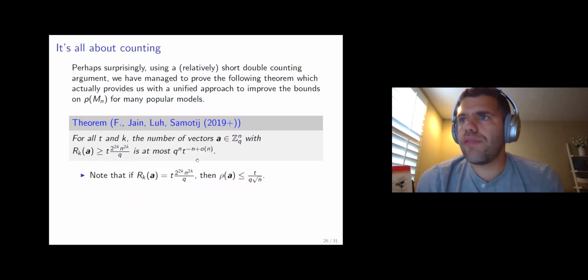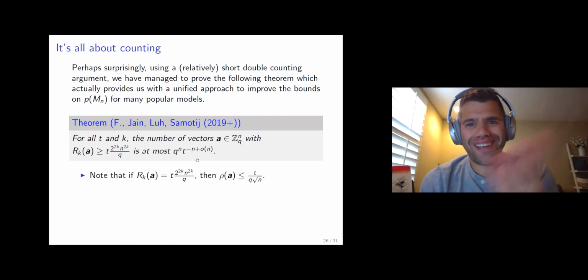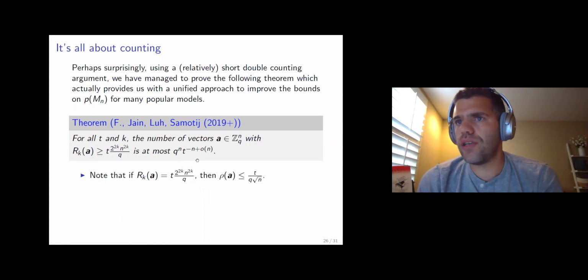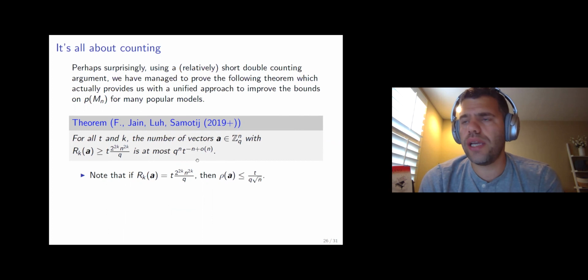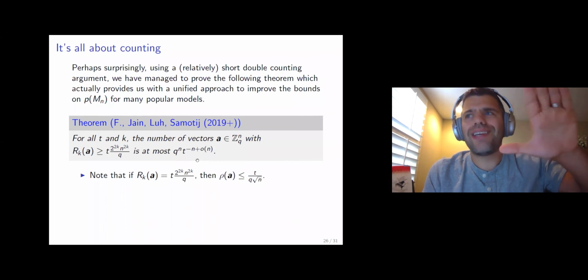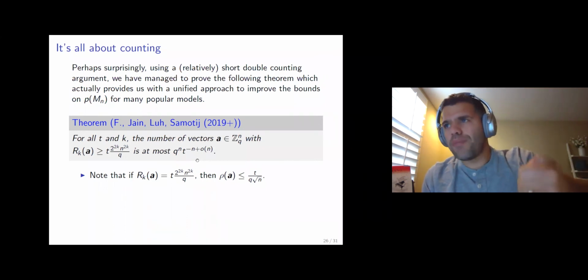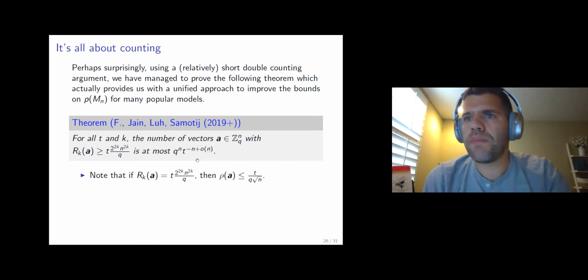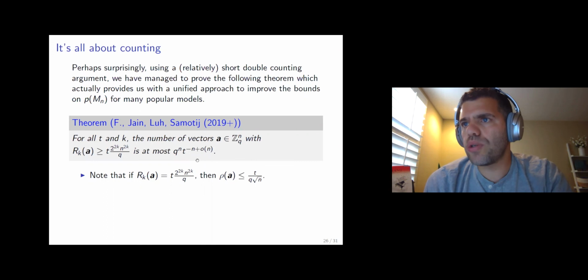And then together with Vishesh Jain, Kyle Luh, and our own Wojtek, we proved that for all T and K, the number of vectors in Z_q^n with large RKA — when I wrote large, you see this ugly expression, but forget about the T for a second. What is written inside is just the expected size of RK. So we show that the number of vectors which have at least T times the expectation of RKA is at most